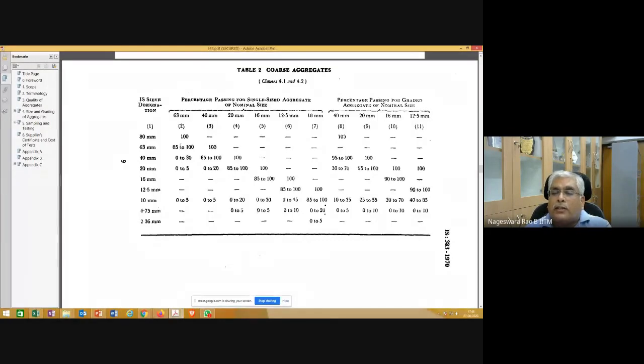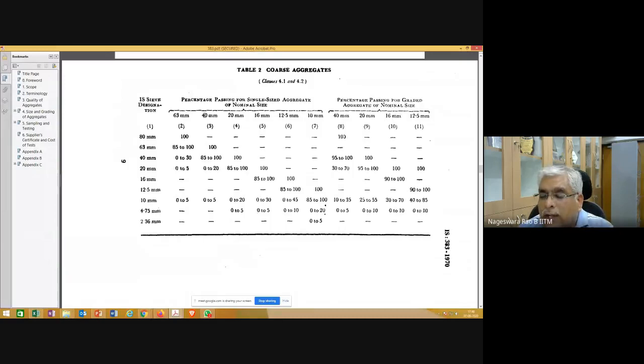So you do sieve analysis and compare with one of these. If your sieve analysis result is comparable with this, then the nominal size of the aggregate you can classify as 63 mm. And if your results closely match whatever is given in this, it is 40 mm nominal size.